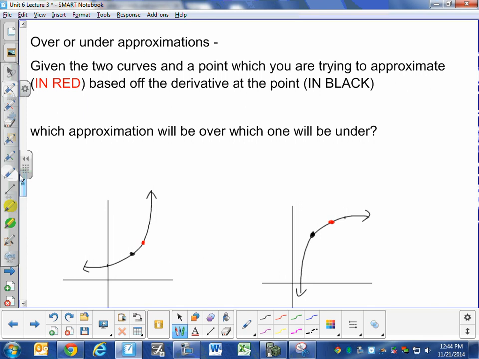Okay, well, not only can we talk about being pretty close approximations to functions at certain points, but we could also say, hey, this approximation that I gave you is going to be just over your real value. Or, hey, this approximation that I just gave you is going to be just under your real value. Here are two curves,